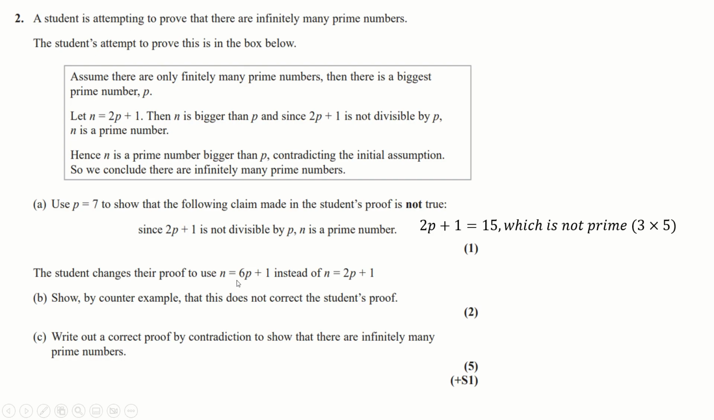It also doesn't work if you change it to 6p plus 1. It takes a little while to find. It's annoying, but eventually you find 19 breaks it because you get to a multiple of 5. So that doesn't work either, even with that fix. And then it says write out a proof by contradiction for this. Now this is Euclid's proof,